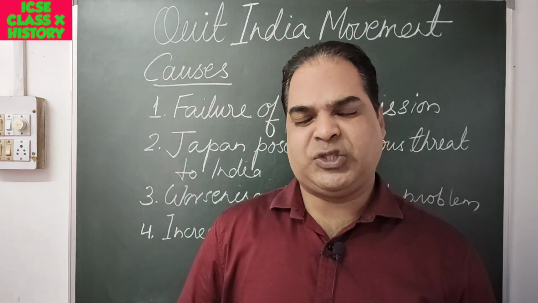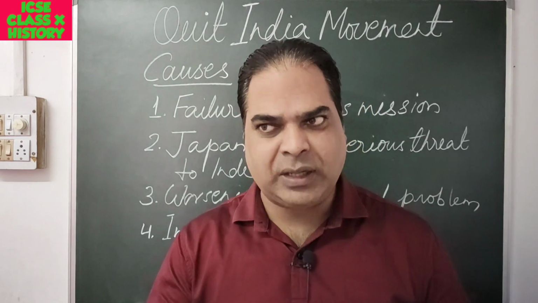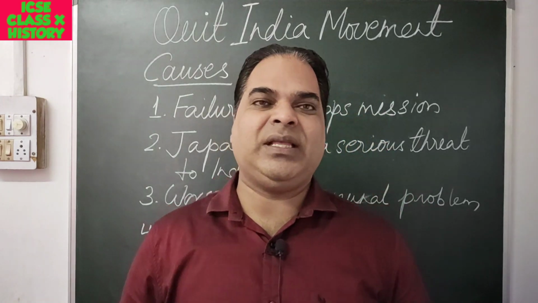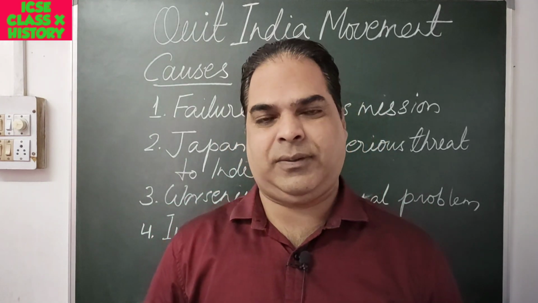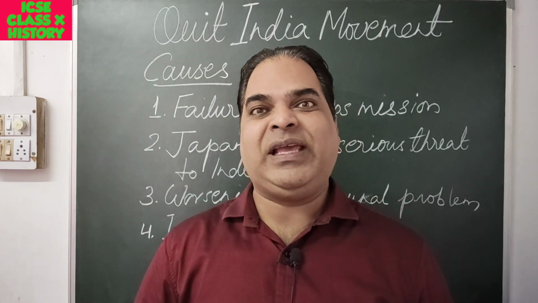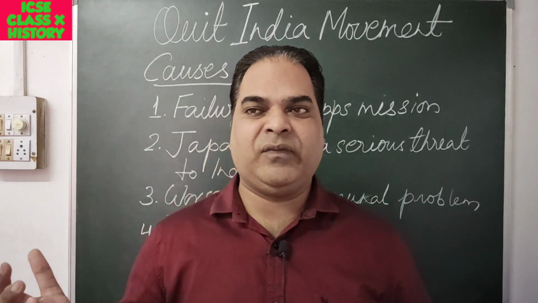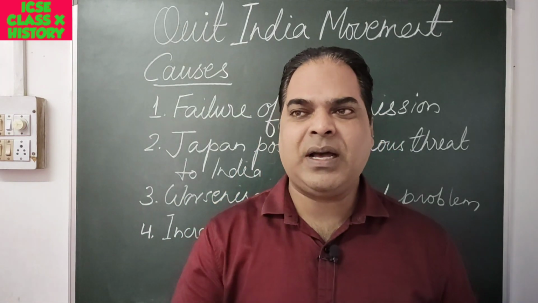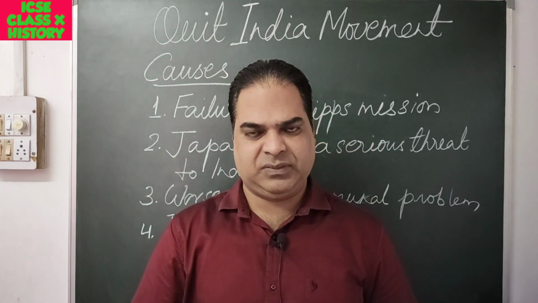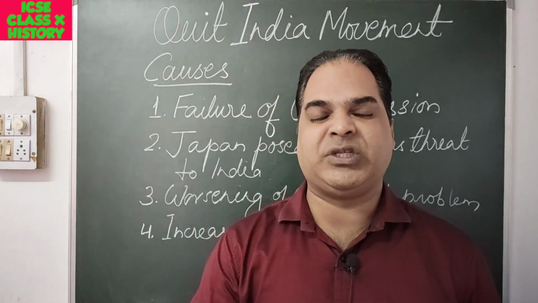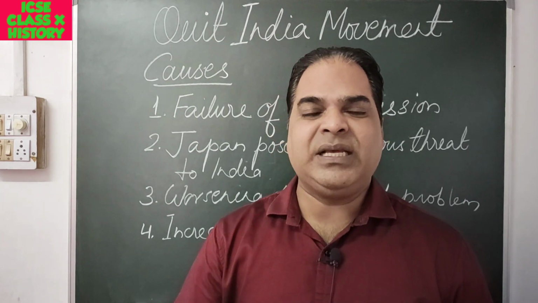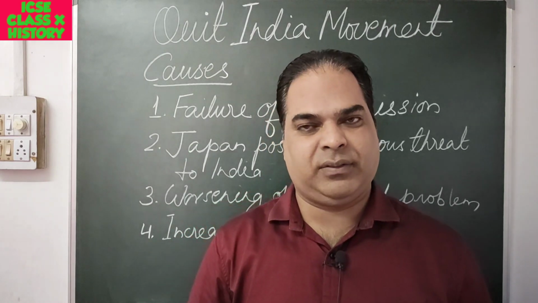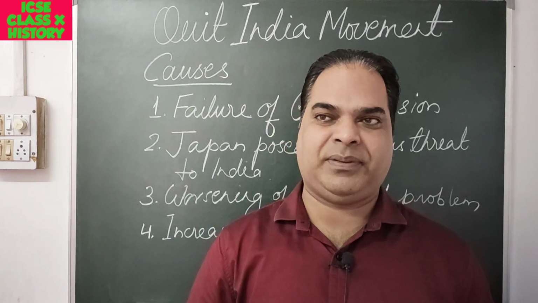At that time, Germany attacked Russia in the year 1941. And Japan joined the Axis power. After joining the Axis power, Japan made a sudden attack on the American fleet at Pearl Harbor. Japan very soon captured Indonesia, Malaya, Burma, and marched towards Assam. So they came very close to the doorsteps of India. The British army faced defeat after defeat. Thus, the war came to India's doorstep.